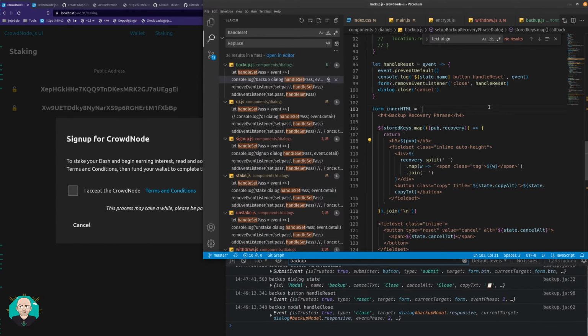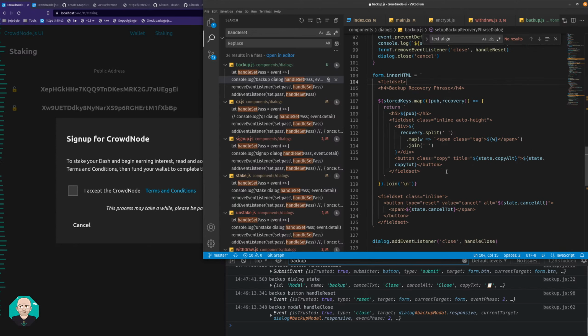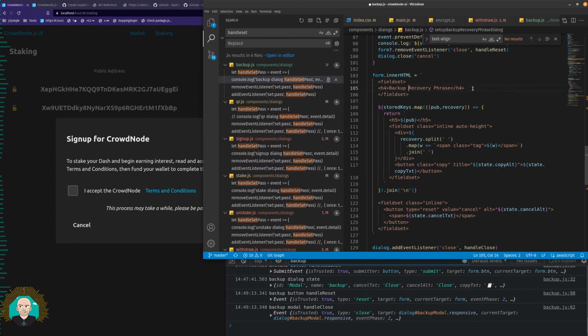So I'm going to copy that for now. I'm going to do this. Field set. I'm going to copy this. Field set. I'm probably going to drop this down to an H2 or drop it up to an H2. I don't know, depending on how you want to look at it. All right, so